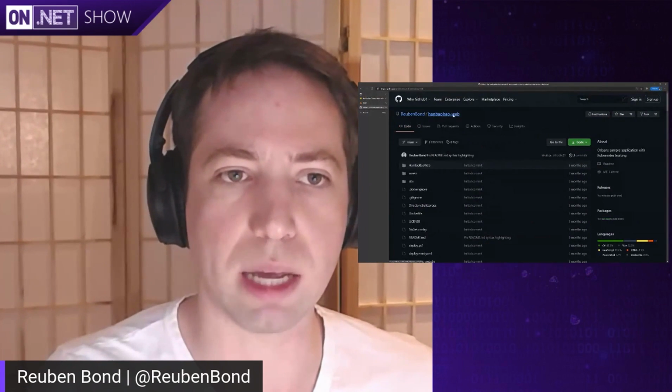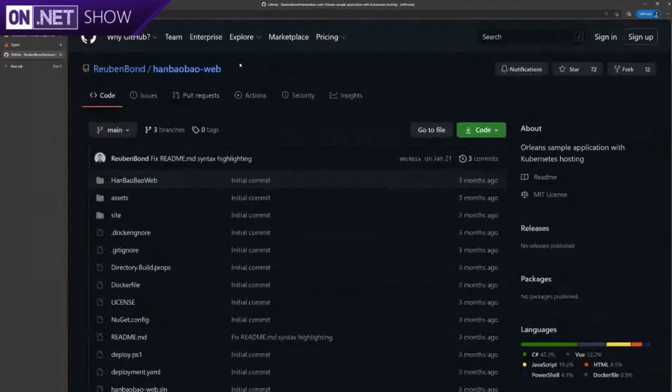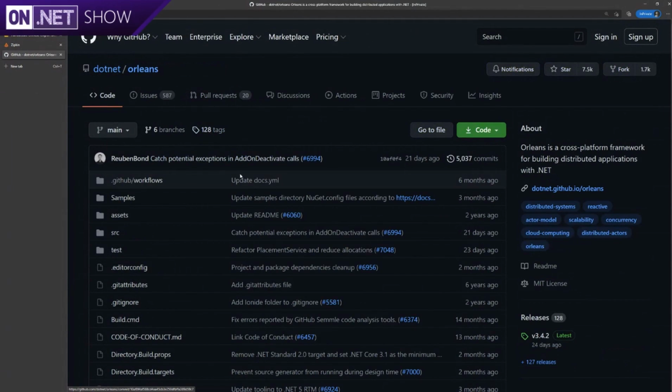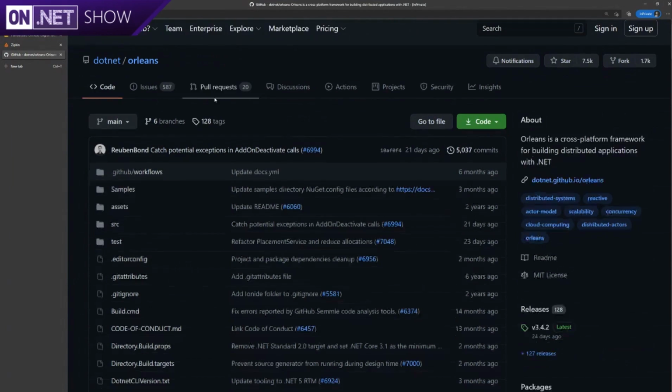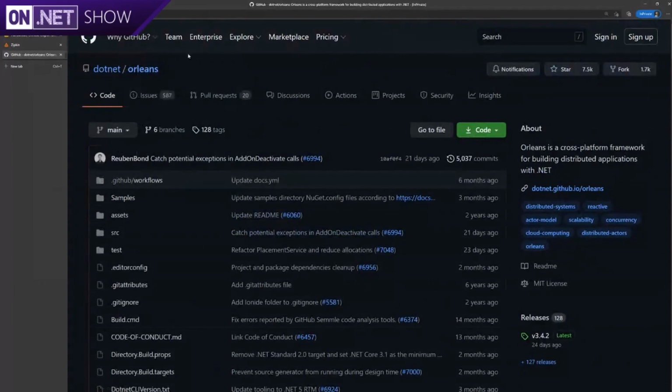Okay. Awesome. So where should people look if they're using Orleans and want to make sure they're using observability, or maybe they're not using Orleans, and they like what they saw? So the first thing is, for the example today, we're looking at this handbaobao-web repository on GitHub. And then for Orleans itself, that's on the .NET/Orleans repository on GitHub. And so you can see it there and have a look, or come and join us in the Gitter chat room at